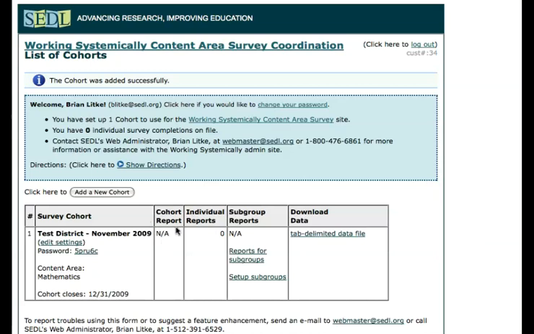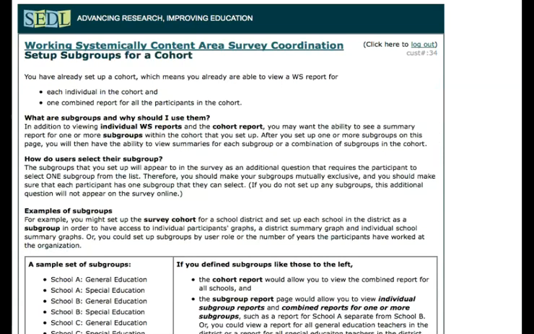Over to the right, we see some reporting options, and at this point, we don't have any participants that have completed the survey yet, so the cohort report's not available. There's 0 individual reports, and there are no subgroup reports available. Now, what we could do is set up subgroups that will allow us to view the data for this test district along different dimensions. So if we went to the Setup Subgroups page,